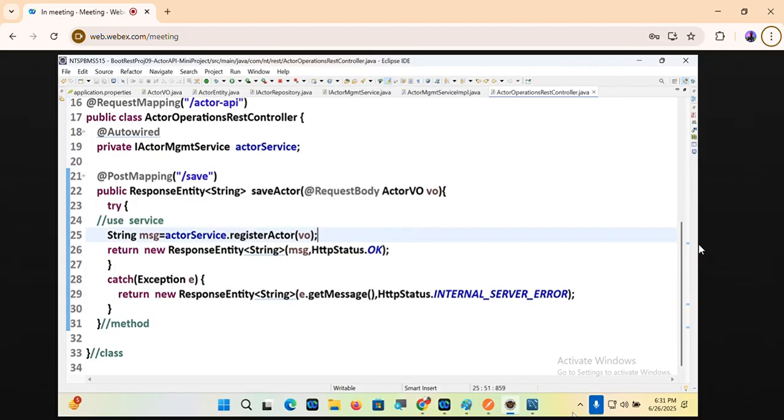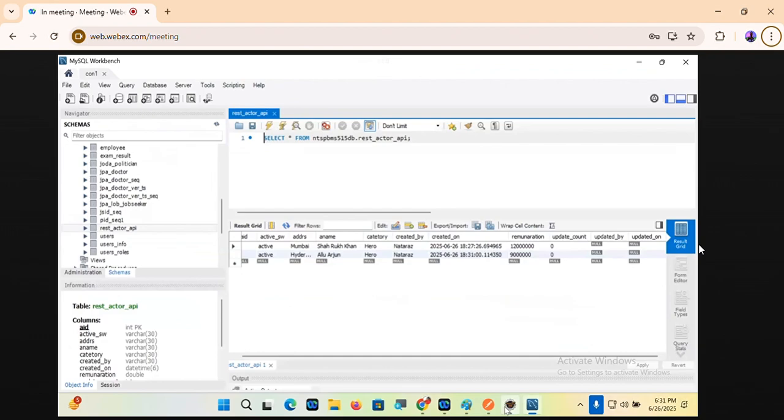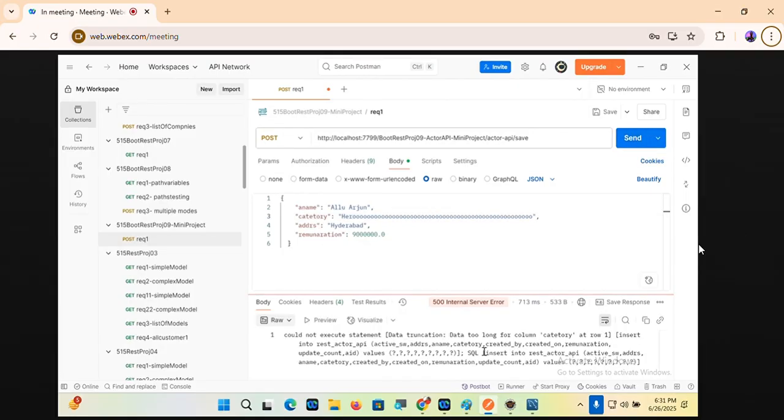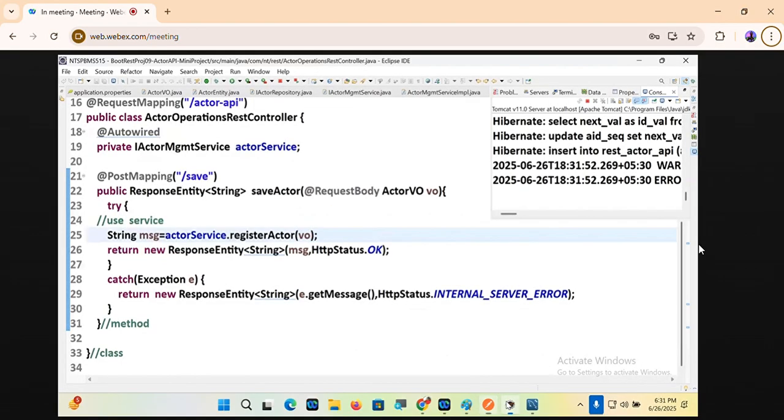Okay, one minute. Let me create the situation of an exception being raised also. If I try to insert more than the column size of data, right? Click on it. Okay, the exception is coming, 500 internal server error is coming. Okay, this is working. I'm not saying it's not working, but